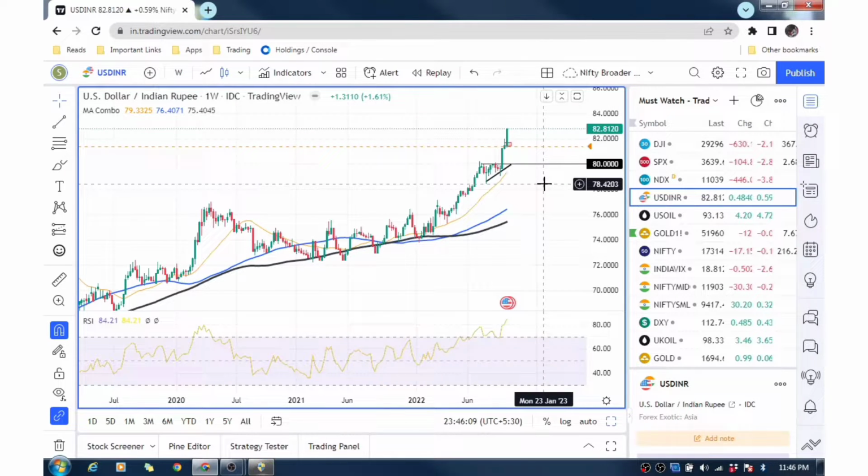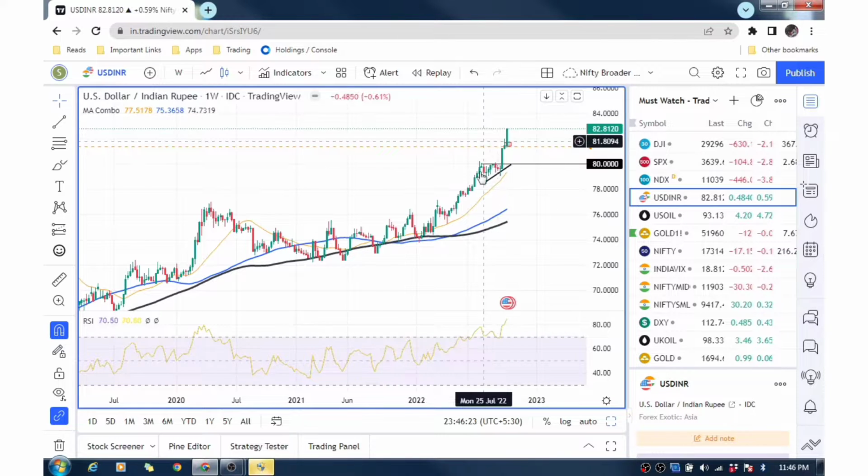So whenever the dollar basically rises, it's not good for Indian equity markets, as the foreign investors pull out their money from Indian equity markets, and we see some bearishness. Okay, so this is not a good sign for